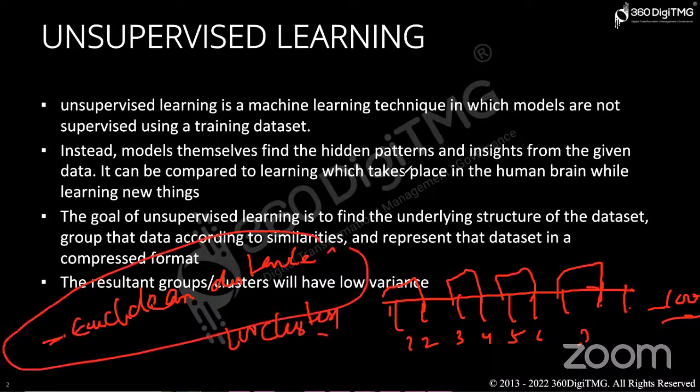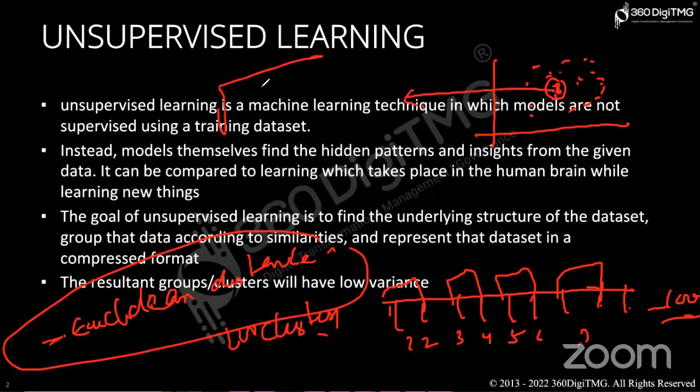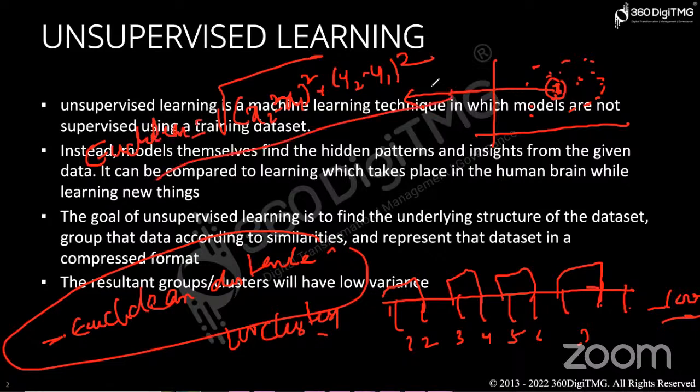Euclidean distance means, whenever there are data points, these are your 100 entries. To calculate the distance between 2 points, we'll be using the Euclidean distance, that is (x2 minus x1) whole square plus (y2 minus y1) whole square. Based on this, we'll be calculating the distance. Whichever is the shortest will be merged into similar